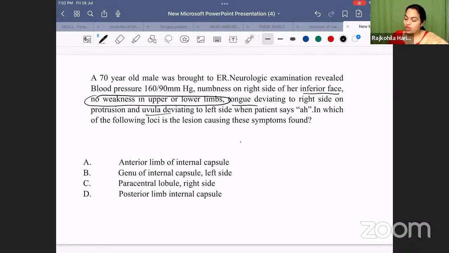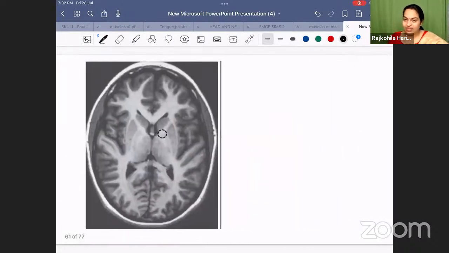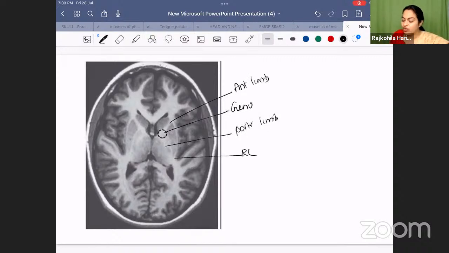So you should know the arrangement of fibers in the internal capsule. What are the parts of the internal capsule that you see here? This is the anterior limb. The one circled here is the genu. This is the posterior limb. And here you're supposed to see the retrolentiform part. And here will be the sublentiform part. Okay. So the corticospinal fibers, which are going to supply the head and neck, are going to be situated